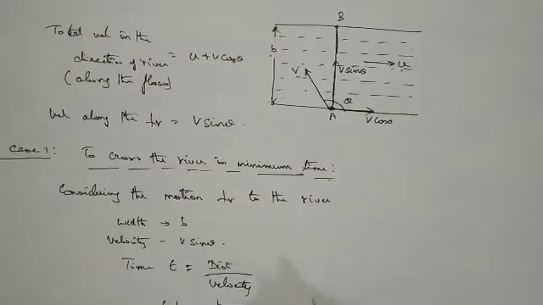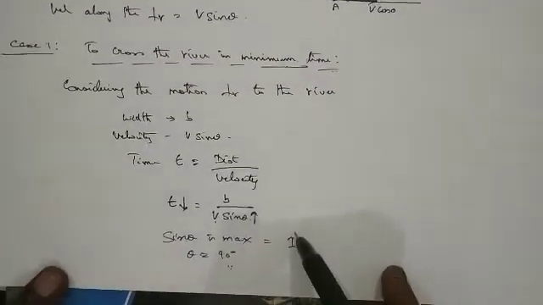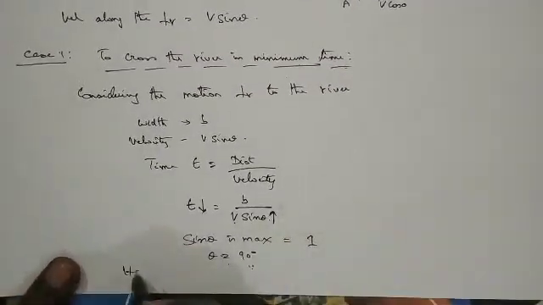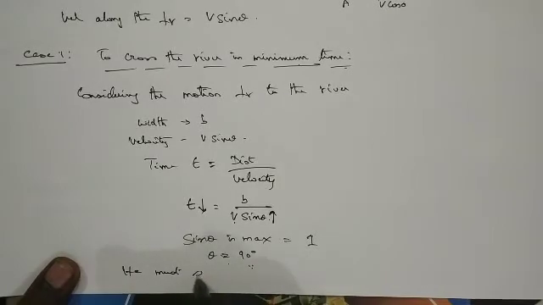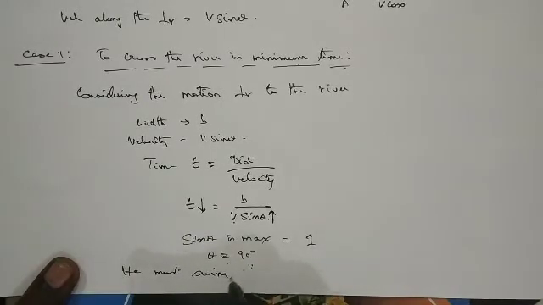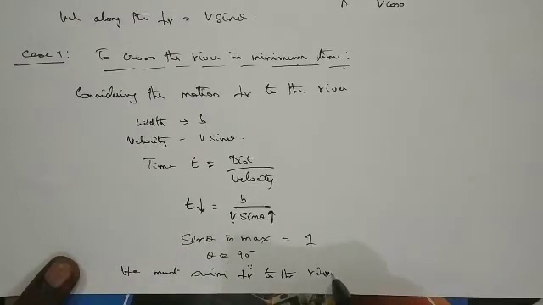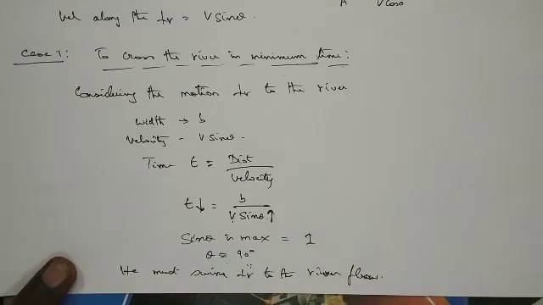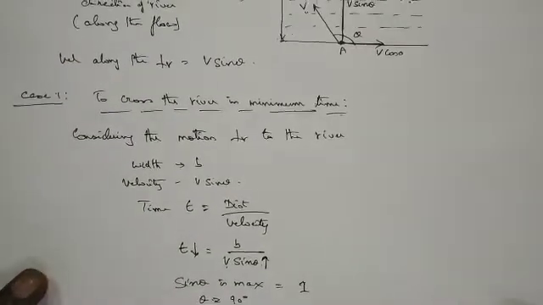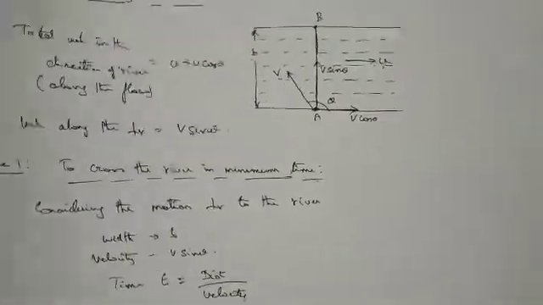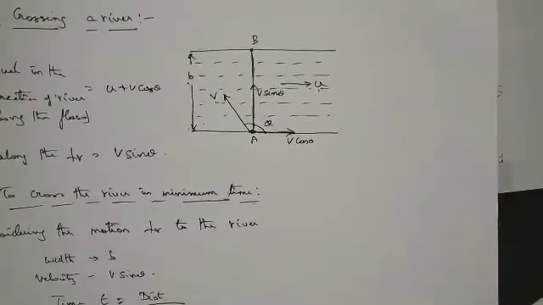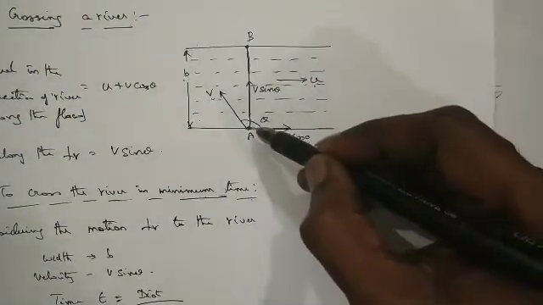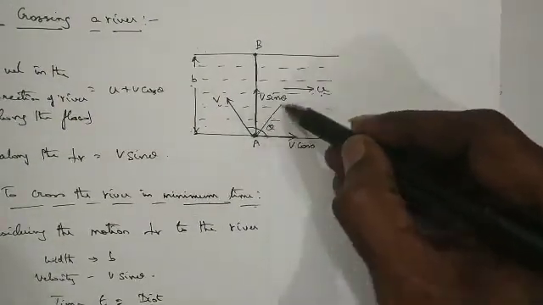So write down, if theta is 90 degrees, he must swim perpendicular to the river flow. He is straight away going in the perpendicular direction with 90 degrees here. Therefore, if he goes perpendicular here, what will happen? He will finally land up not here, he will land up somewhere here.